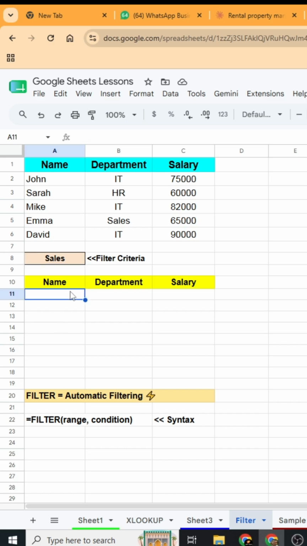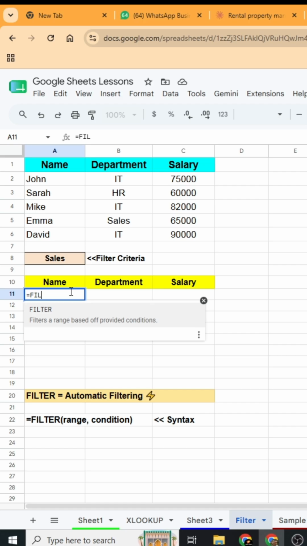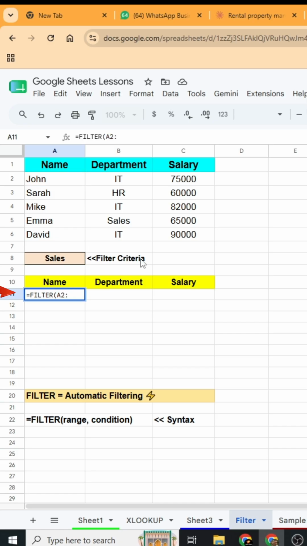Now I'm going to type my function in cell A11: equal mark, filter, then open bracket. Now you need to give the table range. Here I am going to give my table range without the heading row. Therefore my range is A2 to A6, right? Sorry, A2 to C6,